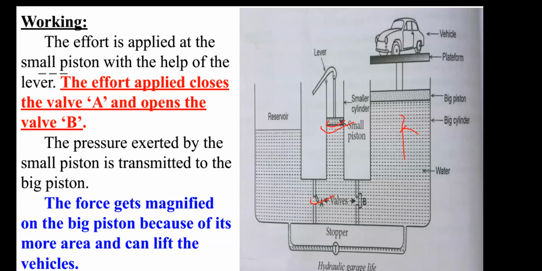Understood? That means the small pressure, or the pressure exerted on the small piston, is transmitted to the big piston. And what happens here is that when the pressure reaches the big piston, the force gets magnified, and that force is able to lift a heavy vehicle up, so that we can repair its parts, or even wash or clean it. That means the heavy load or heavy vehicle is lifted by the induction of the large force on